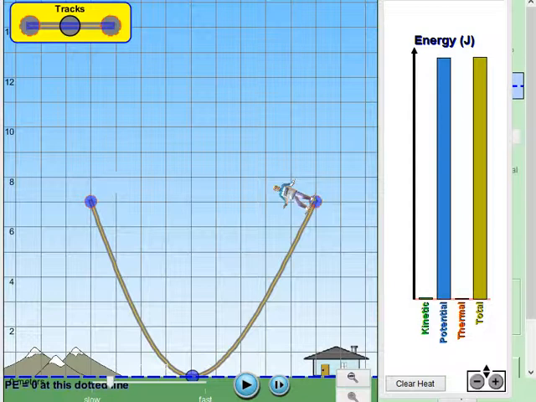Remember that at the highest point he comes to a halt and starts sliding down. So for an instant his velocity was 0. This means that kinetic energy is 0 at that point and it only possesses potential energy. This also can be verified from the same graph on the right hand side. Now this means that the kinetic energy at B has been converted completely to potential energy at C, and by conservation of energy the potential energy at C would be equal to the kinetic energy at B.